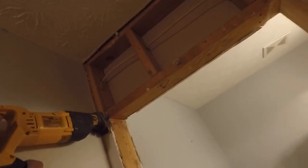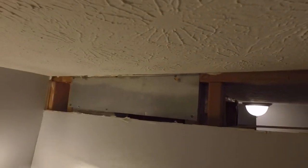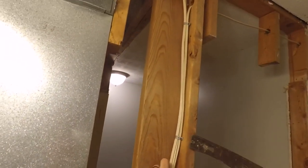Now I'm going to go inside the bathroom and remove the drywall above the door. So I'll cut that. And this time I'll use the utility knife and just cut along the perimeter, and I should be able to pull this off fairly easy. There it is. Comes right off. And then I can continue to